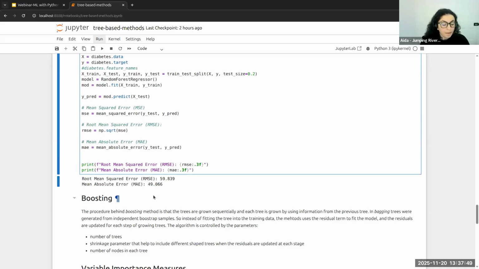Now, with regards to model assessment, there are other methods to check the model performance.